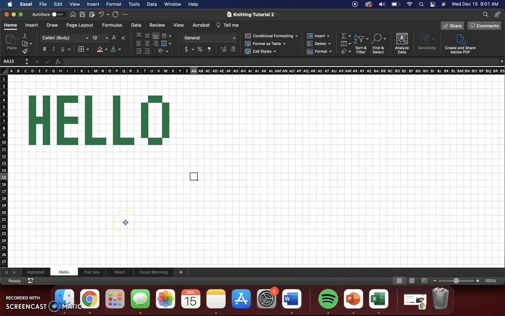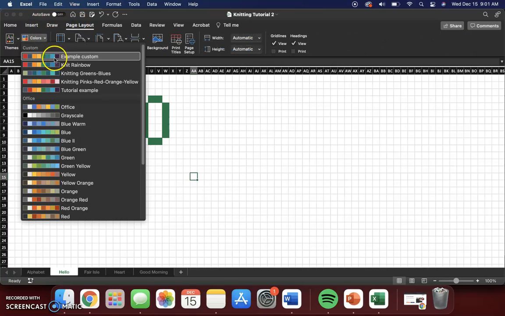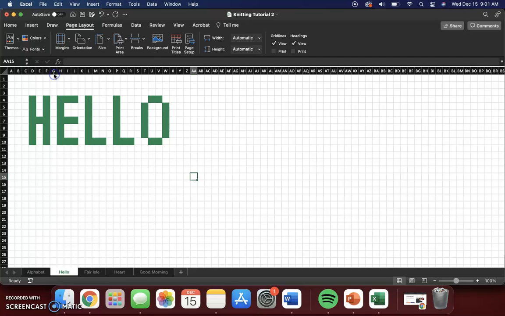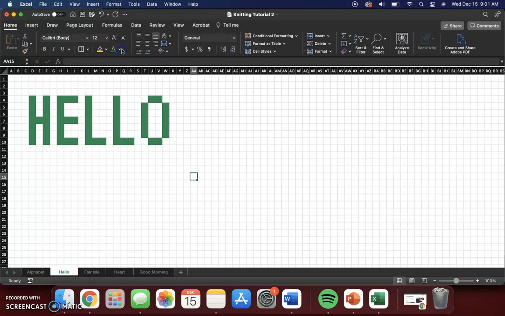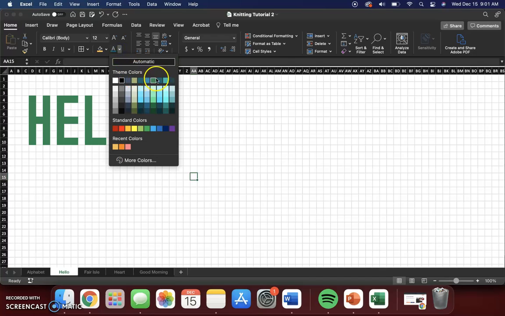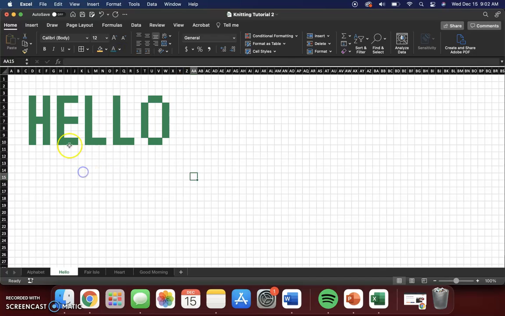All right, so now that we have made a theme, and you can make as many themes as you want, I'm going to go back to page layout and go to my greens and blues theme. That's just mostly different shades of green and blue that I work with commonly. And we're going to go ahead and fill in